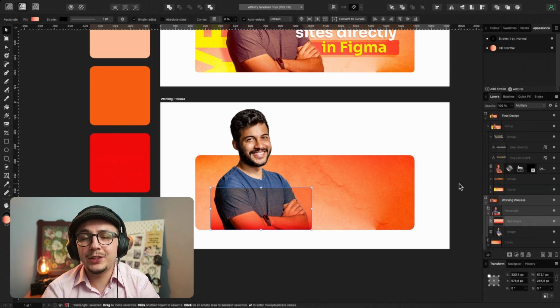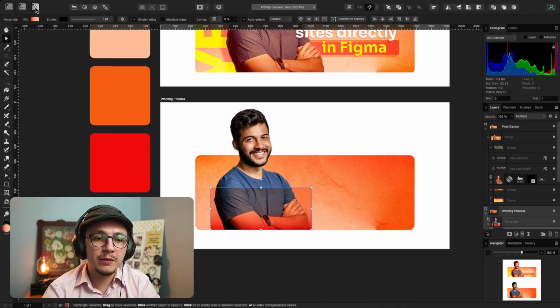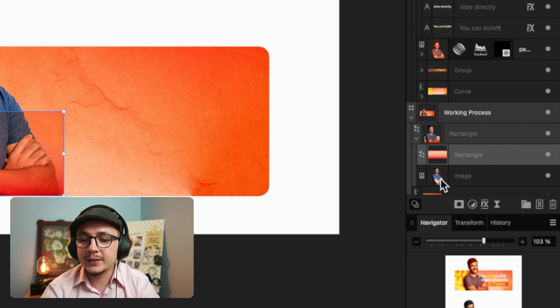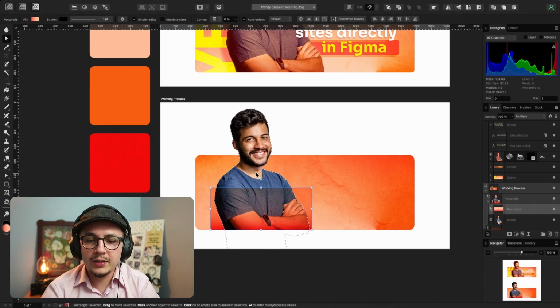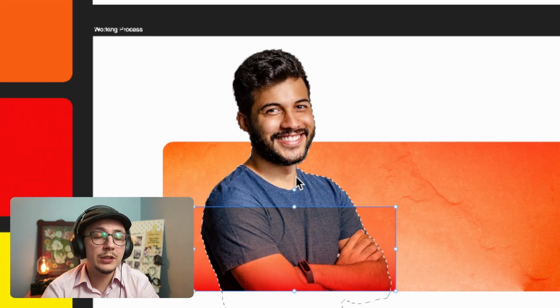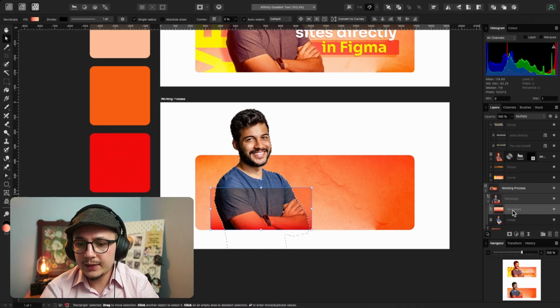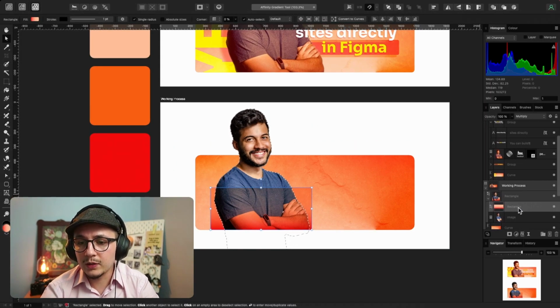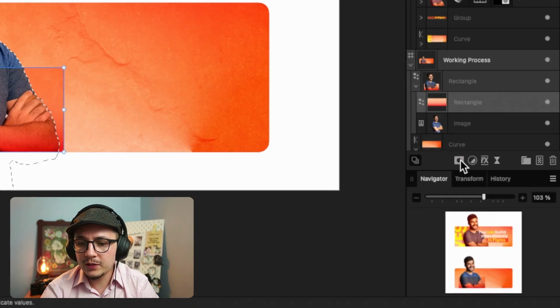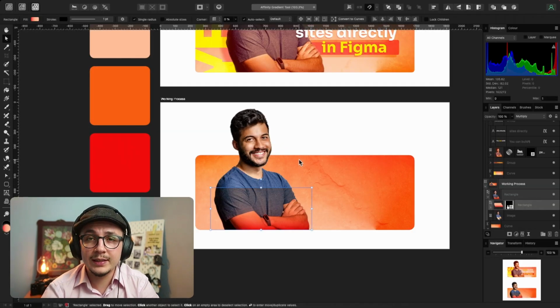As you can see, we've achieved the desired effect, but our gradient isn't clipping to our subject. We will need to create a mask in order to do that. So let's switch to our photo persona from the top left right there. Now let's Command click on our subject on the image right here in the layers panel. And as you can see, this has created a selection which we can use in order to create a mask. Select the rectangle from your layers panel and click on the mask,